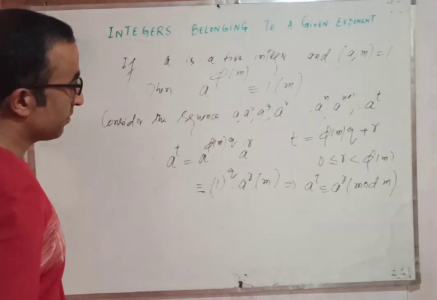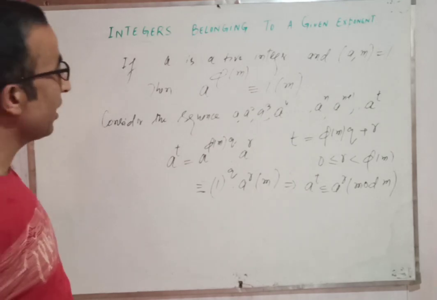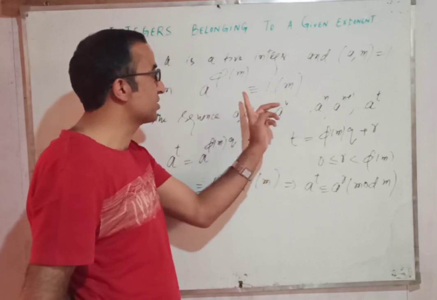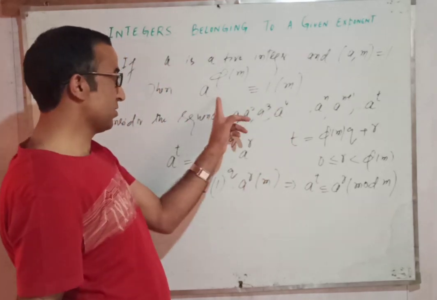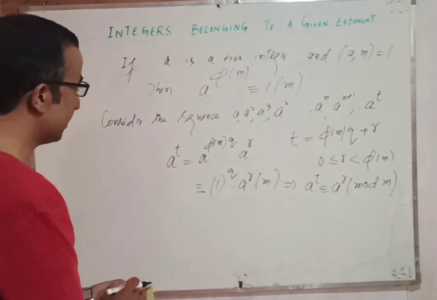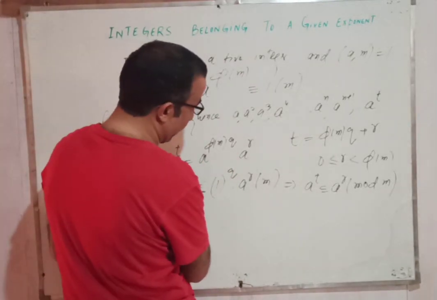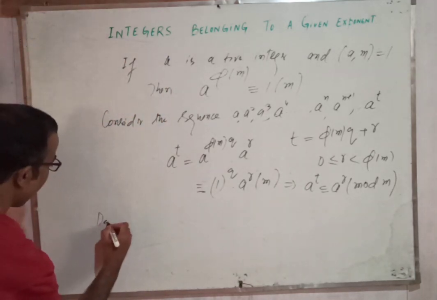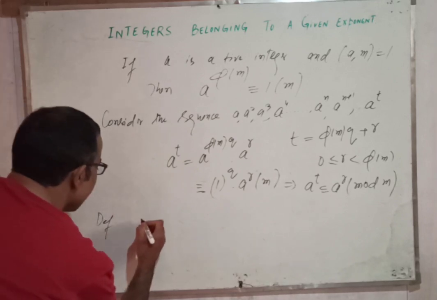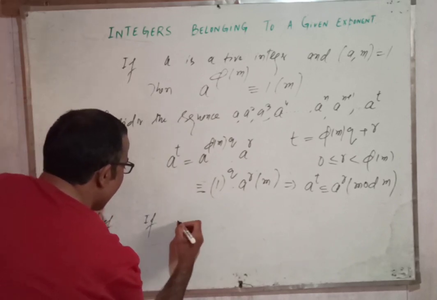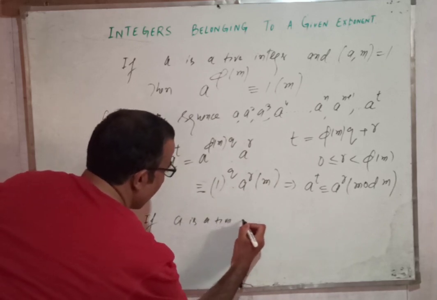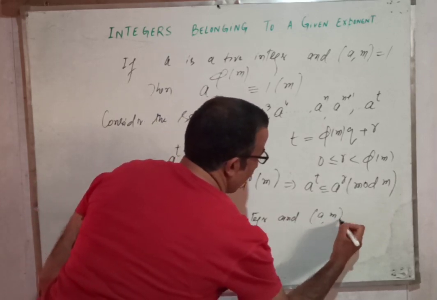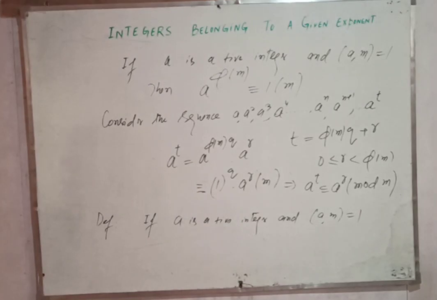So possibly I can have some integer other than phi of m in this sequence, such that a power that integer is congruent to 1 mod m, because this theorem gives the existence. So I will define the integer belonging to a given exponent. Okay, let me write the definition here. If a is a positive integer and gcd of a and m is 1,